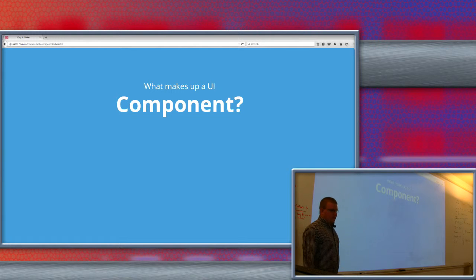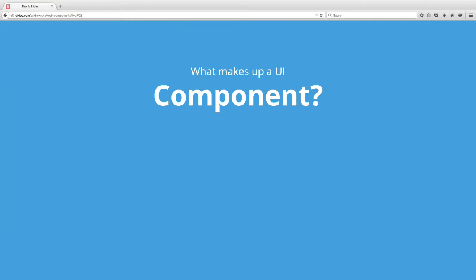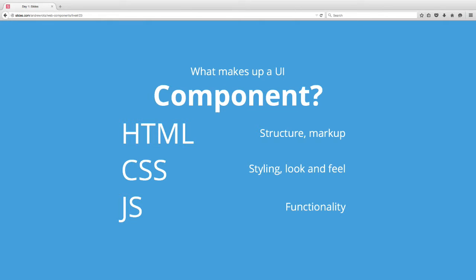All right, so once we've divided our site into components, we have to start thinking about what's in those individual components. On the web, there are three divisions that we traditionally make. The first is structure and markup. Second is the styling, how it looks. The third is the actual functionality, how we interact with it. These correspond with the three main technologies we use on the web. So we use HTML for our structure, we use CSS for our look and feel, and we use JavaScript for